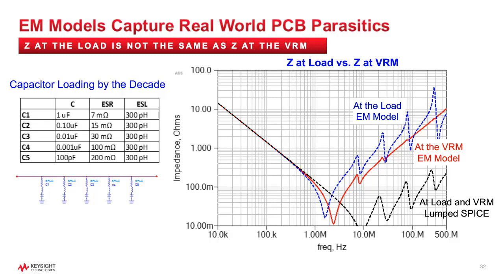The SPICE simulation is the black dashed trace, and the red and blue traces include the EM model of the PCB. This result also shows that there are 2 plots for the EM model, one measured at the VRM and the other at the load, and they are not the same. The schematic-based SPICE model does not capture this location dependency of the measurement and shows the same impedance at the VRM and load. This clearly illustrates why EM simulation is needed for optimizing the power delivery impedance at the load.